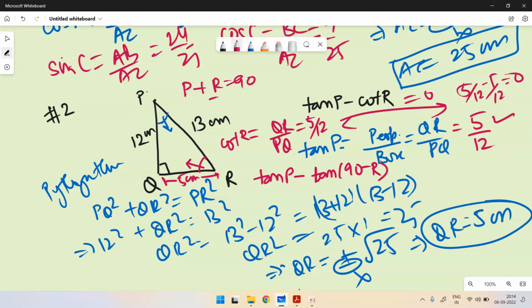90 degrees, which implies that P is equal to 90 minus R. If you substitute the value of P, this will also be 10P, nothing but C. Directly you can get that this is C. So